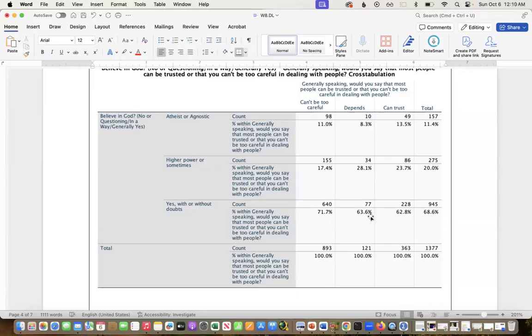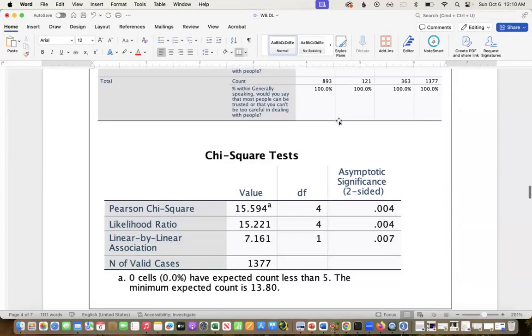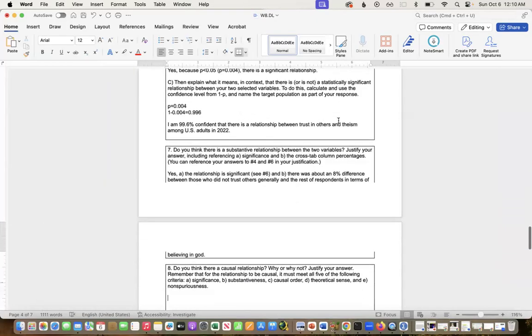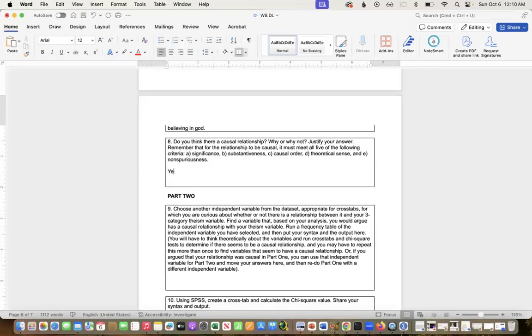Is there something else that might be preceding these that would explain this relationship away? Maybe, I don't know if there's a relationship between authoritarianism and belief in God, and I'm guessing folks who are more authoritarian would be less trusting. I'm not sure. I can't really think of anything off the top of my head that would explain it away. So I guess I'll argue that it is causal. So I'm going to say yes,